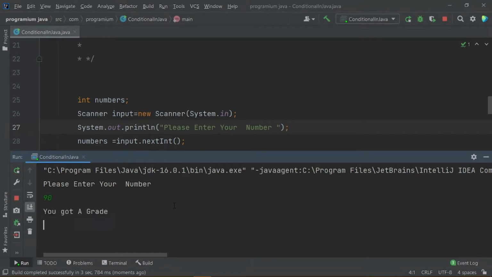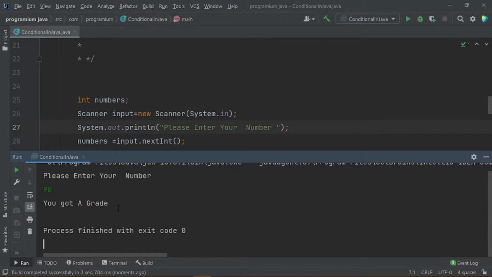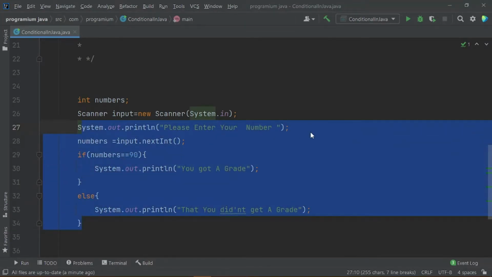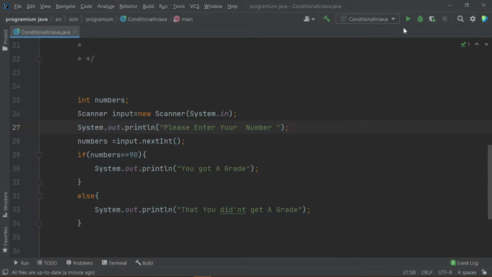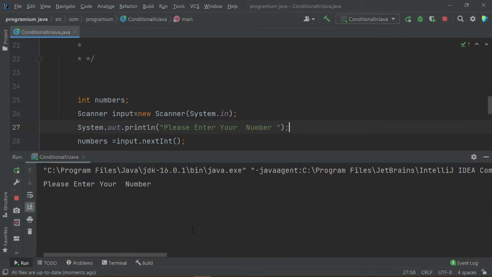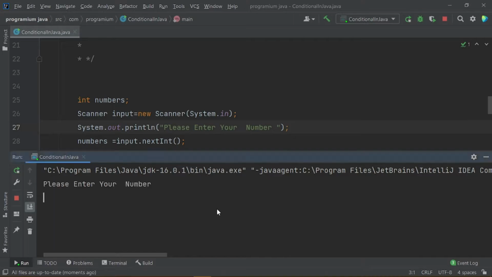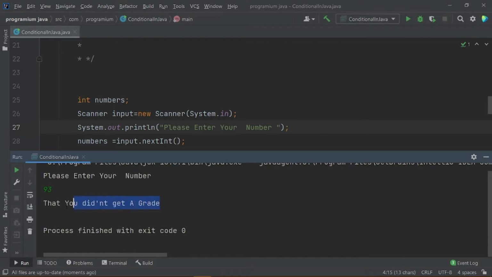I am entering 90 here, and now we got A grade. So guys, you have seen the output of the previous program. Let me again run it and enter 80, and now you can see that you didn't get A grade. Again I am running this, and I would enter here 93, and it would again say you didn't get A grade.